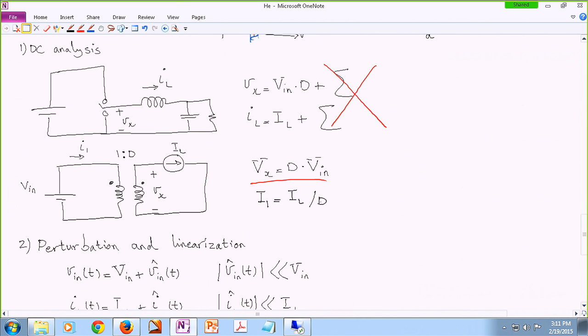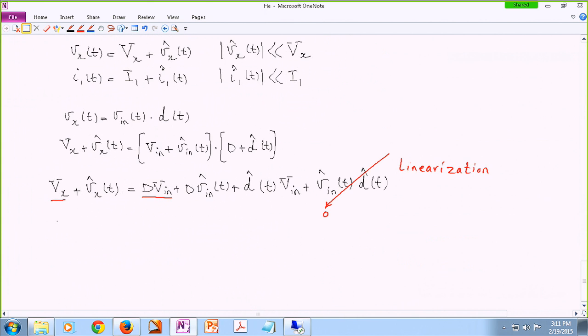No, IL times D. All right. So I'm going to generalize this down here and say I1